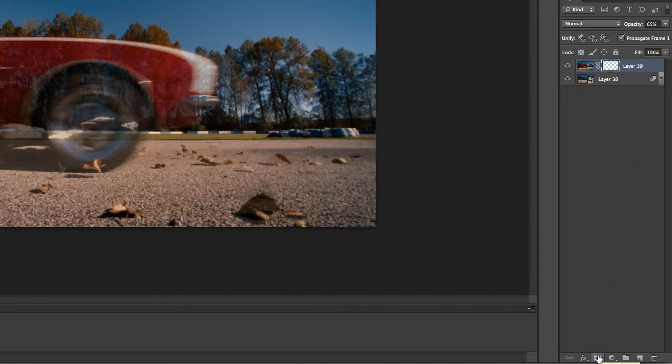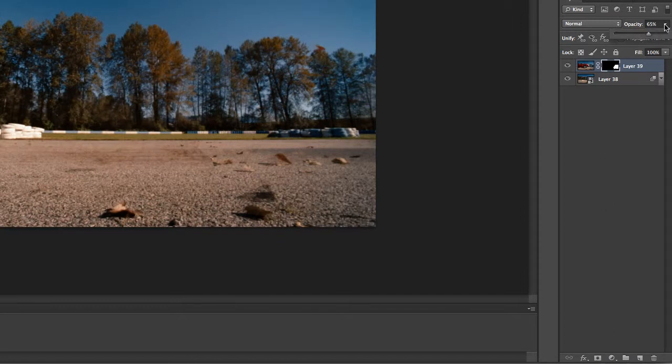Click on Add Layer Mask and make that 100% opacity. And now we've masked out that layer. Not quite perfect around this area here. So what I would probably do now is select both of those, just drop them into a folder, duplicate that folder,